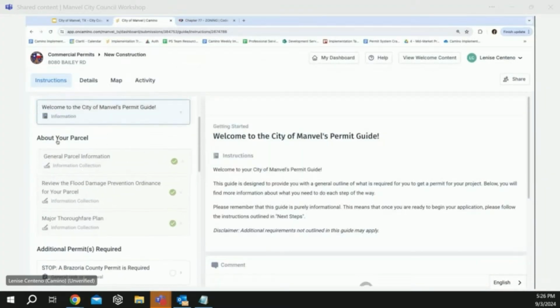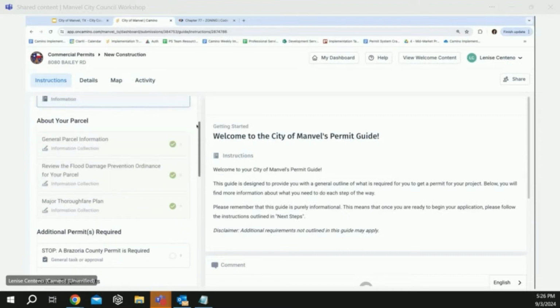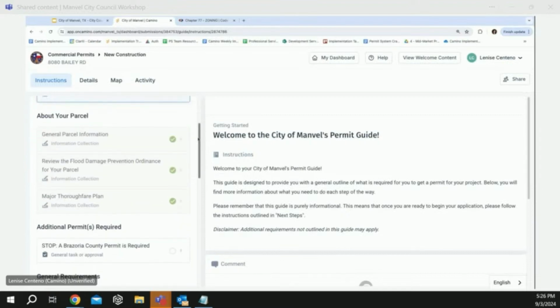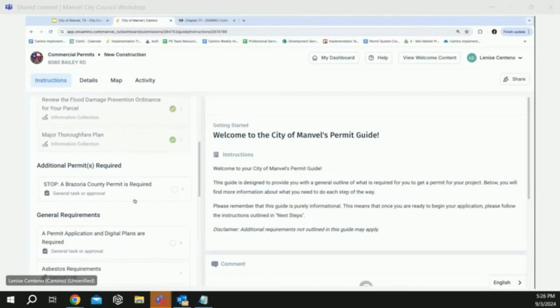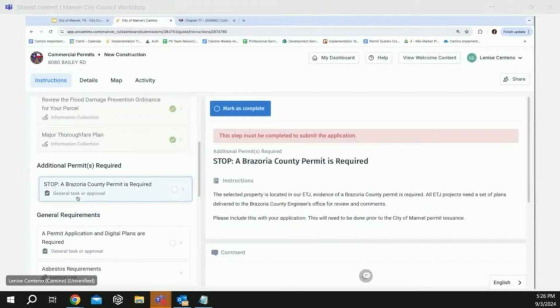We can also set up notifications for this address in particular. It's in the ETJ. So we have a stop sign here letting them know that a Brazoria County permit is required. So there's a lot of these different notifications that we have set up in the system based on different project types that we can continue to build upon as well.